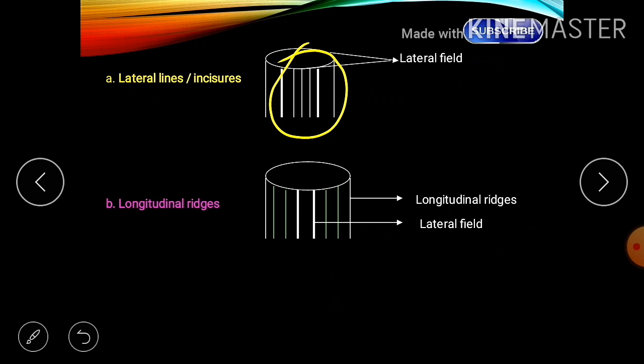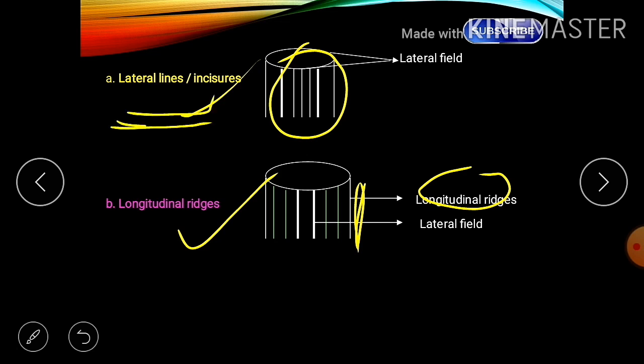They show a stability of the genus. Regarding the longitudinal ridges, they are raised lines on the cuticle running laterally along the longitudinal axis of the body. Both run along the longitudinal axis of the body, but the one difference is that the lateral line is confined to the lateral field, and this one is laterally on the body, on the lateral side.